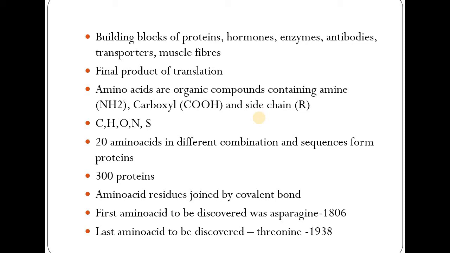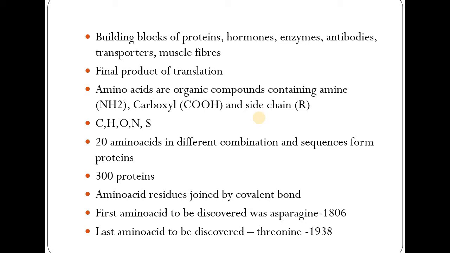The very first amino acid to be discovered was asparagine in the year 1806, and the name asparagine has been derived from its source, asparagus, from which this amino acid was discovered. Similarly, the last amino acid to be discovered was threonine, in the year 1938. We can also say that a few more amino acids have been named based on the source from which